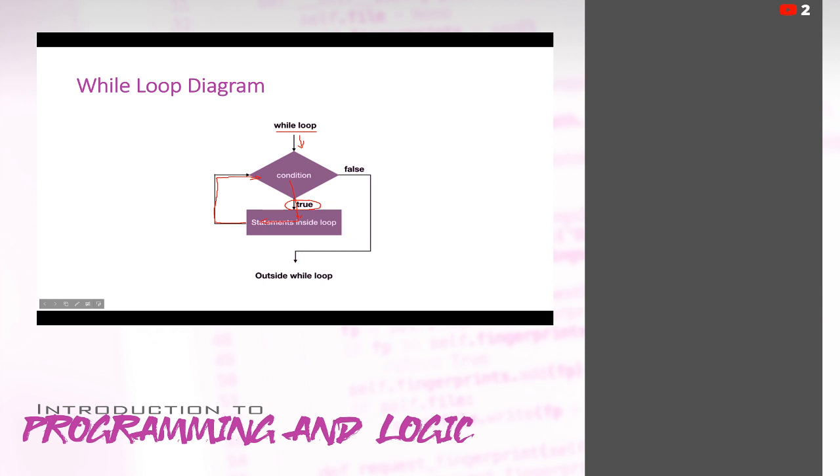That's why we have to move our value toward our condition so that it breaks the condition, makes the condition false. So that when the condition is false, it moves outside of the loop. Because as long as that condition is true, we're stuck in this loop. And it's going to do that forever and ever and ever. And that's not what we want.